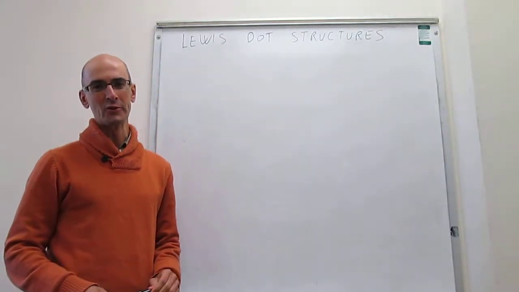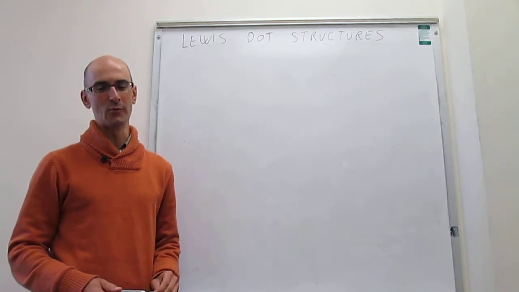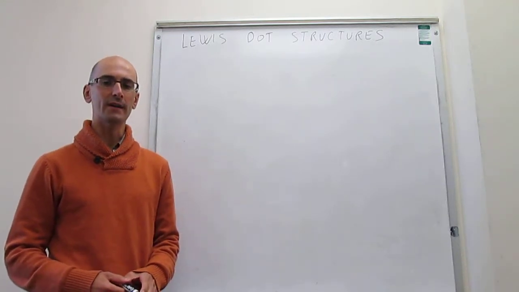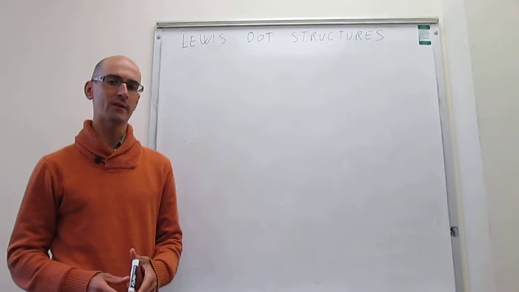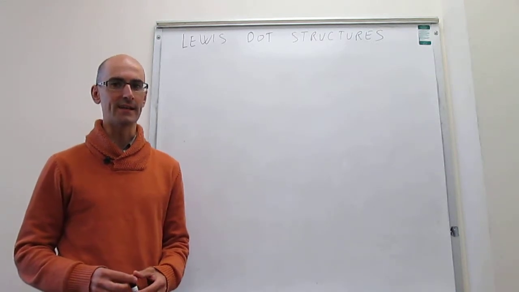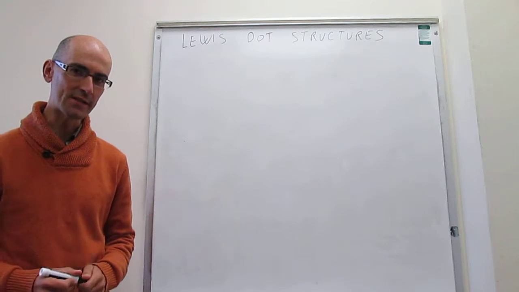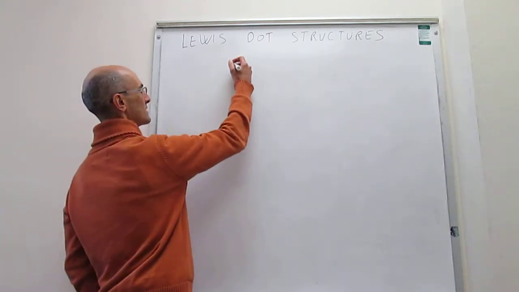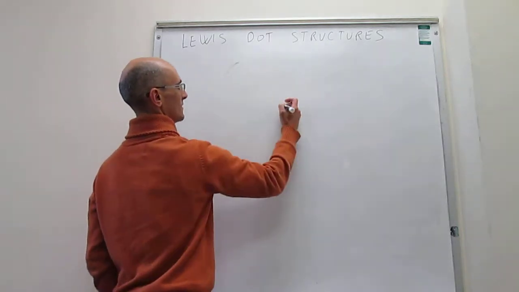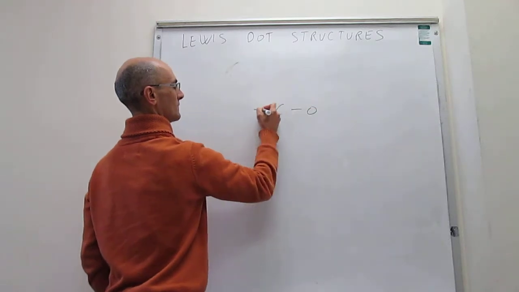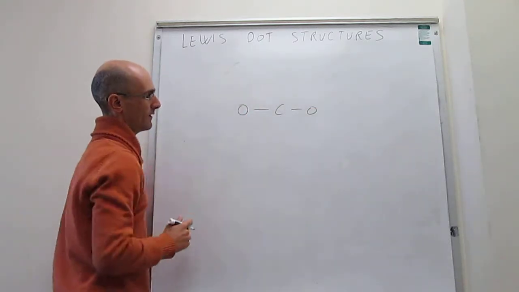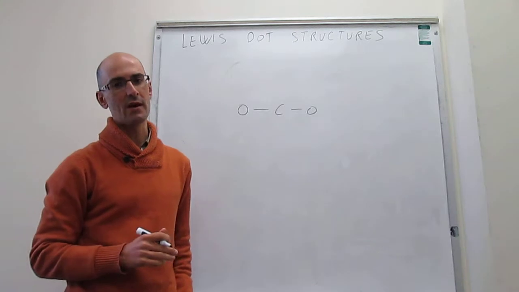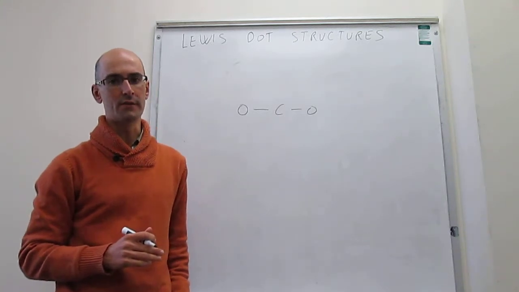In this video, we're going to practice our skills drawing Lewis-dot structures by looking at carbon dioxide and also the cyanide ion. Let's do carbon dioxide first. All right, so carbon dioxide has this structure. Okay, and always the first thing that we do is just count the valence electrons of each of the atoms